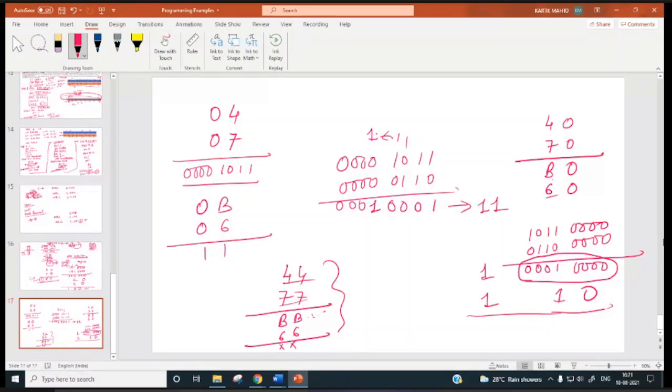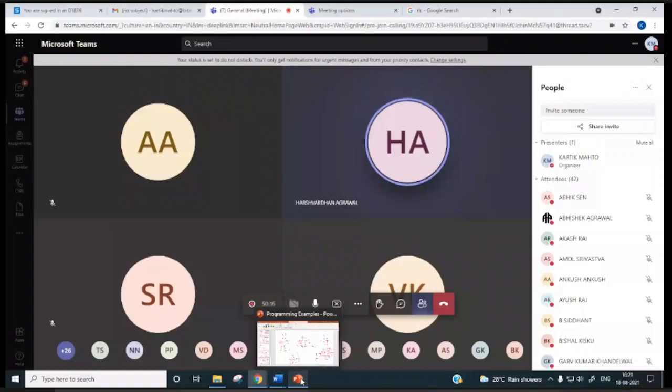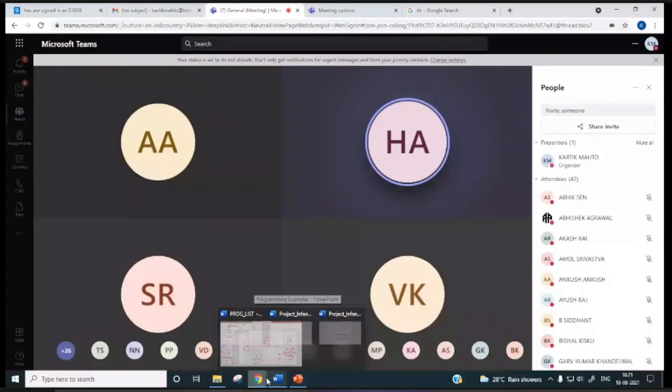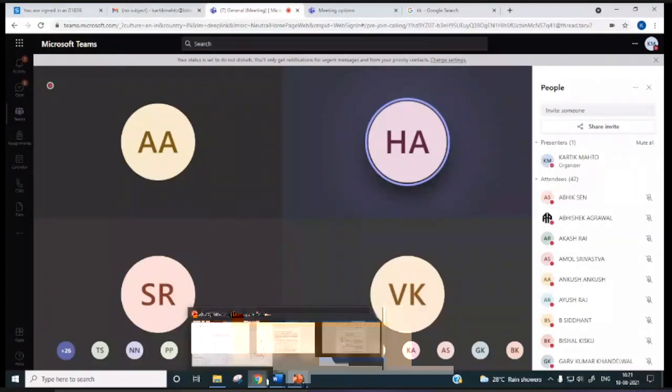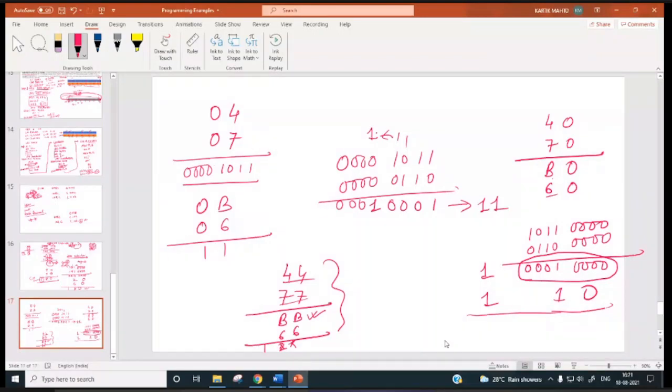Then if you add 66 to this, what will be the final result? Sir, 121. Eh? 1 carry flag, then we'll get 21. Yes, sir, and 1 in the carry flag. So this will be 121, and this will be the carry flag.